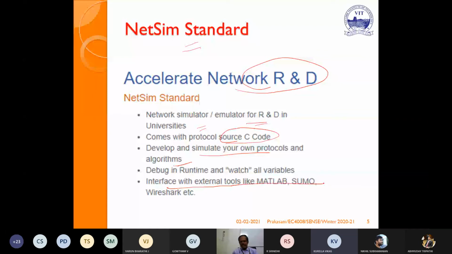Screen is visible or not? Sir, the slide is visible, but your voice is fully breaking. That is maybe because of the headset we are using, so I will connect with my phone.